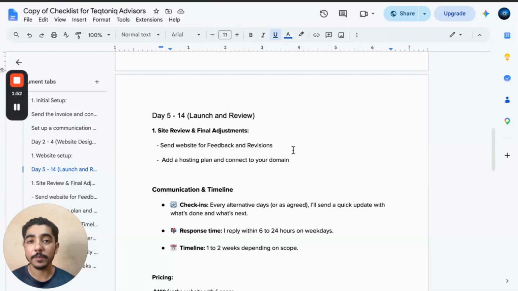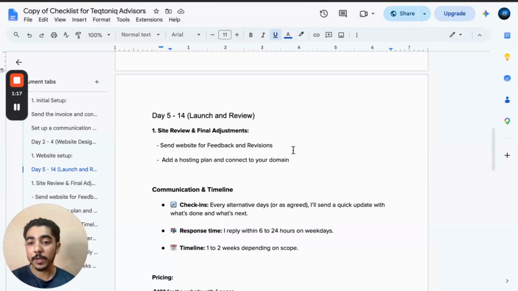in terms of launching the website, I focus on two things. The first is I send the project, mainly the remix link. We call it a remix link. I'll send the remix link to the client. They usually copy that project link, add a hosting plan, add a domain, and get the site live. Or the second thing is, if they don't know how to manage it, how to set up the domain, or how the whole technical side works,